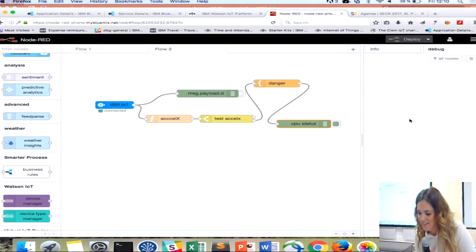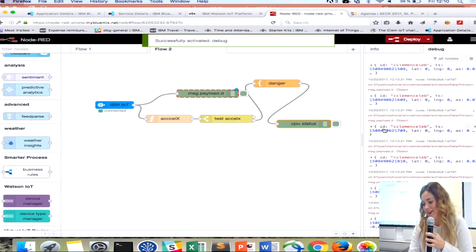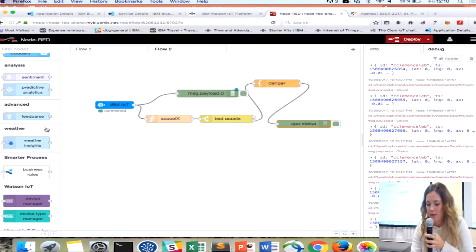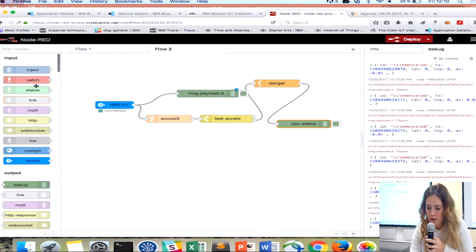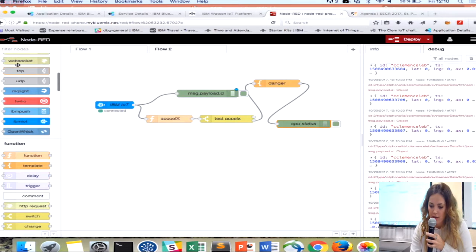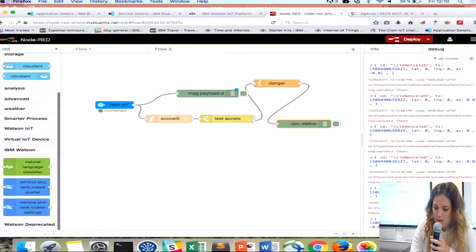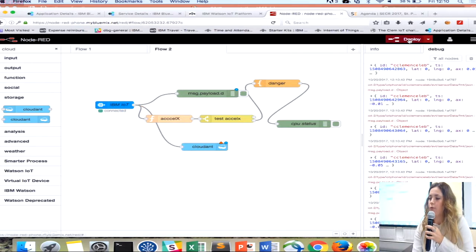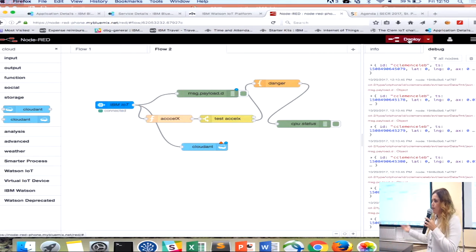Yeah, I display the... Yeah, here it's going. Well, I'm not going to do it for real, it's just a message. But you could also, for example, I told you that I connected a database as well. Cloudant, I can find the node here. And you see, I can just store it here. Just like that, I will store everything. But of course, in a real case, you will first filter your data. You will not store all of that. It's too much.